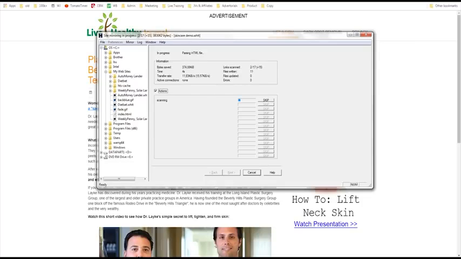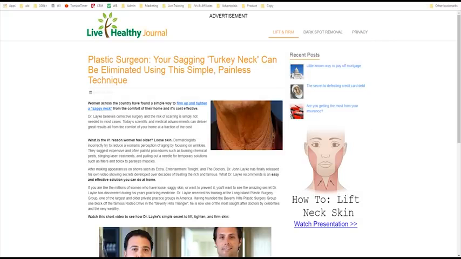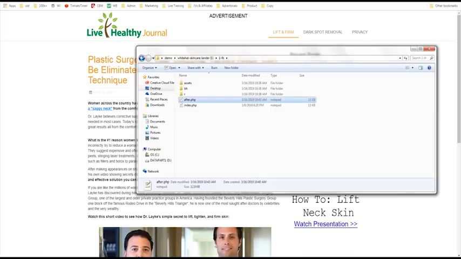So this will run for a few minutes. It'll download the website, but I'm just going to skip ahead for training purposes to what we actually need to edit. Okay, so once it's downloaded, I just click finish, and I would go to the folder where I stored this. So in this case, we have the file you look for is